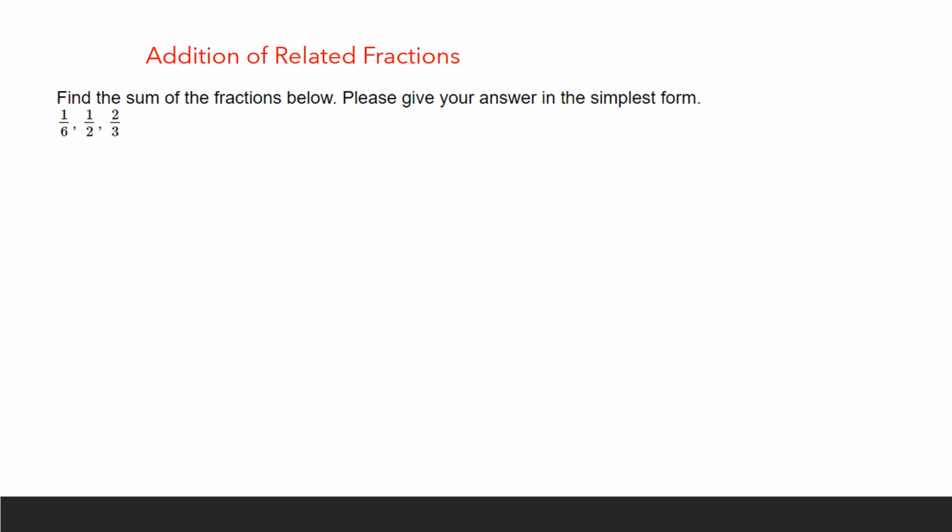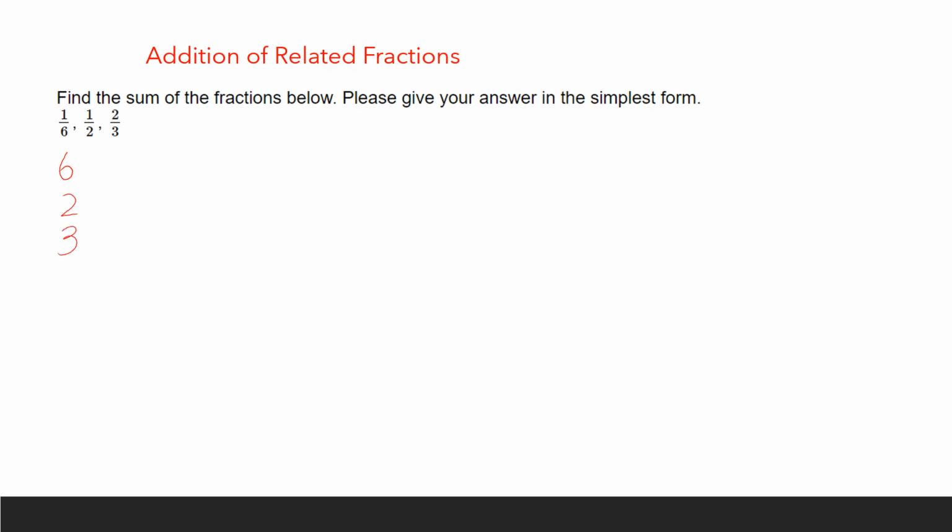So our question is: find the sum of the fractions below. Please give your answer in the simplest form. Our given fractions are 1 by 6, 1 by 2 and 2 by 3. Our first goal is to make the denominators equal. We can see that the highest denominator is 6, the second denominator is 2, and the third denominator